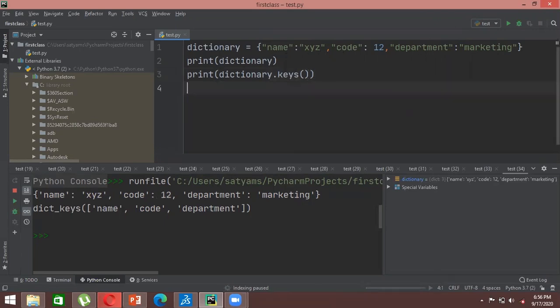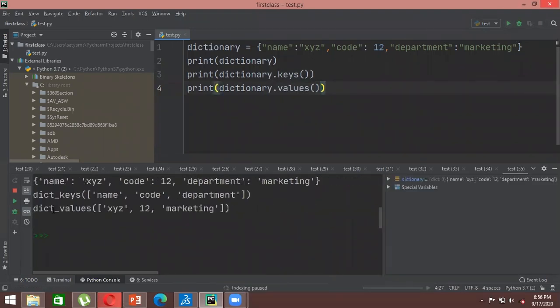In the same way, you can access your values. So we'll just write print dictionary dot values, and you just run it, and it will give you the values as well. So dict underscore values, corresponding to these keys, these are the values: XYZ, 12, and marketing. So in this way,